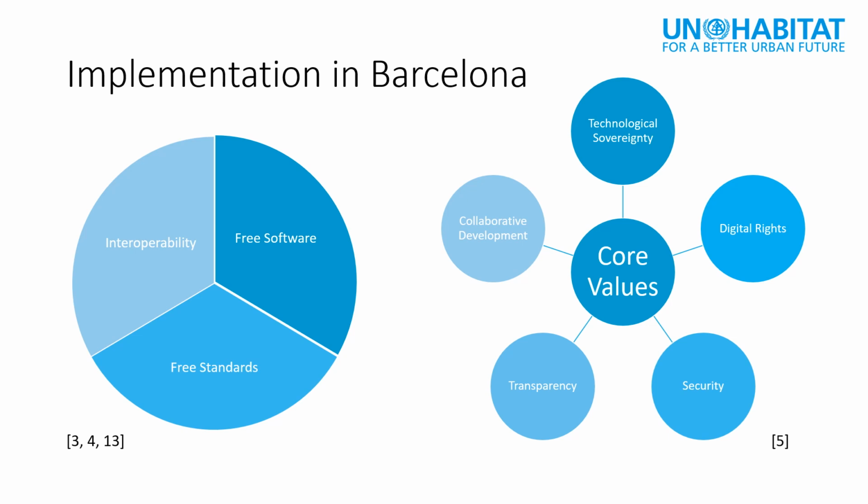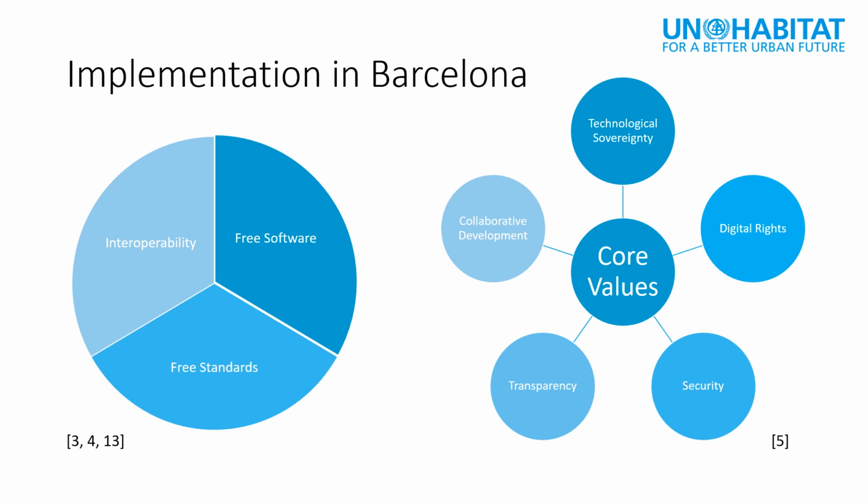Technological sovereignty is implemented in Barcelona through a number of directives, and they aim at re-establishing the shared control over the data. They use three principles, and they include the use of free standards, also interoperability of services and systems, and especially the use of free software and open data, also at the City Council. And there are also free software communities and networking.